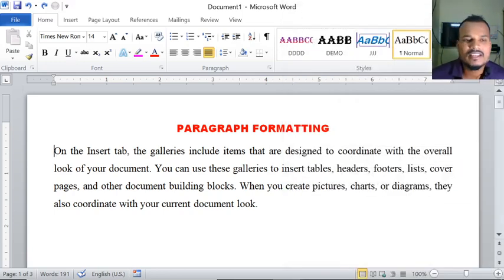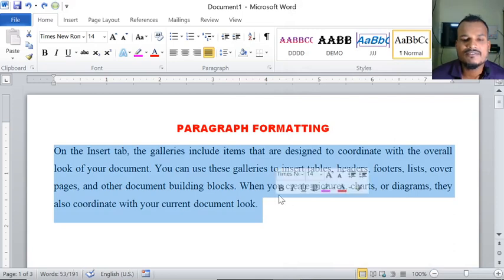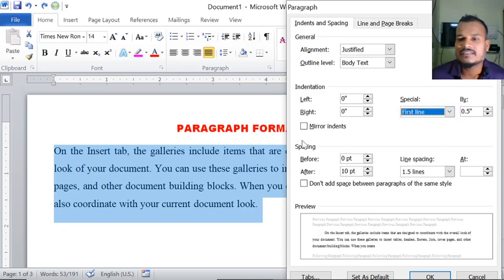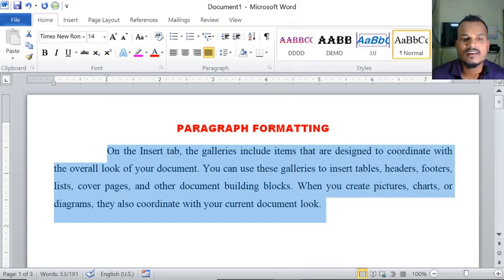First line means you observe here, this is the paragraph. First select the paragraph. First line indent means the first line of the paragraph will move by however much value you give on the ruler. See here, for example, here I have selected first line. That means only the first line will move. How much? For example, here I am giving 1. See here, this is the 0. The indent is at 0. I have given the value 1. Only the first line will move up to here. See here, the paragraph's first line.